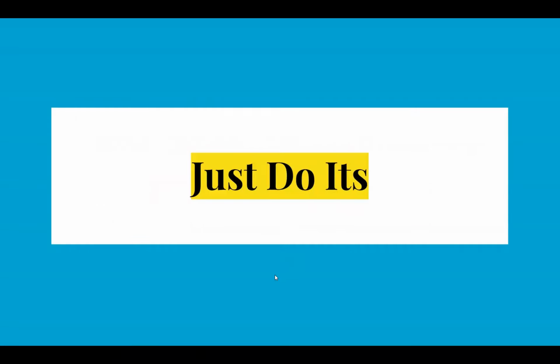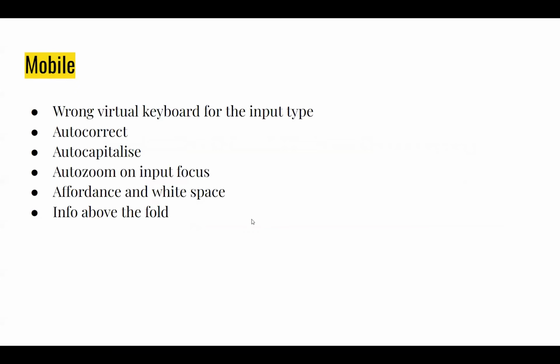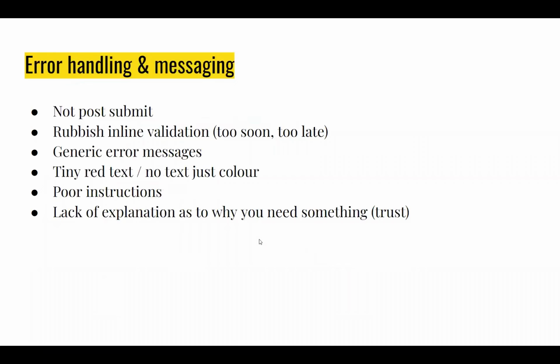So things that I would consider just do it. For mobile: wrong virtual keyboard types for the input type, auto-correct triggering, auto-capitalize triggering, auto-zoom on input focus, affordance and white space issues, information above the fold, making sure that your errors are not triggered on post-submit, improving inline validation, not too soon and not too late, improving generic error messages, getting rid of any tiny red text or just color highlighting of errors, poor instructions, lack of explanation as to why you need something, so trust